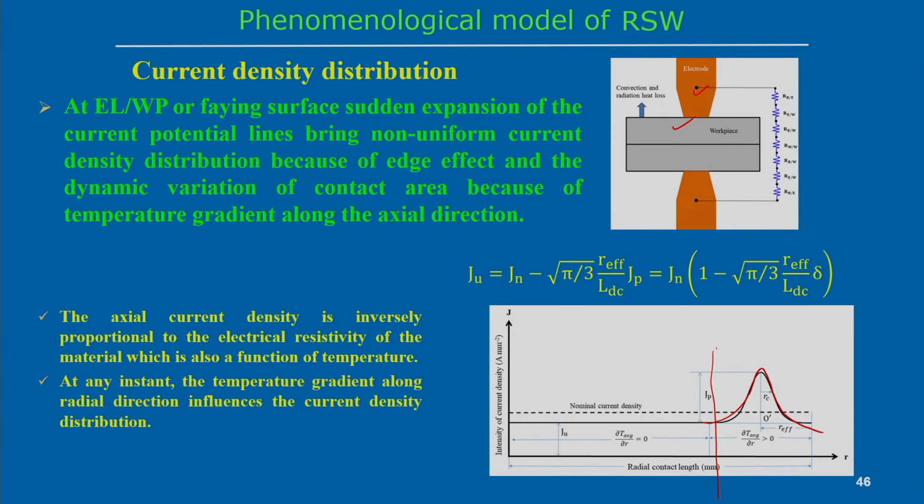We can assume this typical nature of the current density distribution, and based on that we can estimate different parameters of the distribution: what is the peak value, what is the average value, and then the temperature gradient. The temperature gradient is equal to 0 up to this point, because this is uniform; then the temperature gradient is greater than 0, after that it is gradually less than 0, and over a period the temperature gradient is equal to 0.